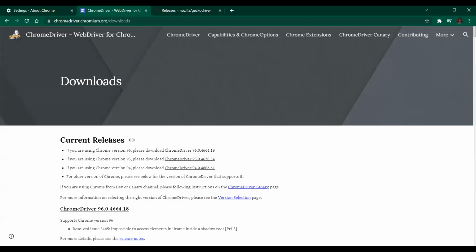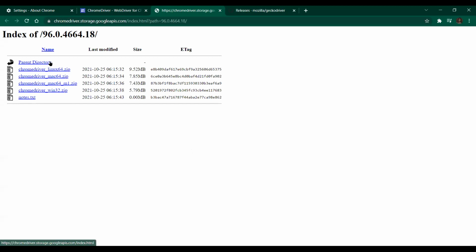When you download this, you'll have the file in zip format. For example, I have downloaded this, I'll go for Windows 32 and then click on zip.